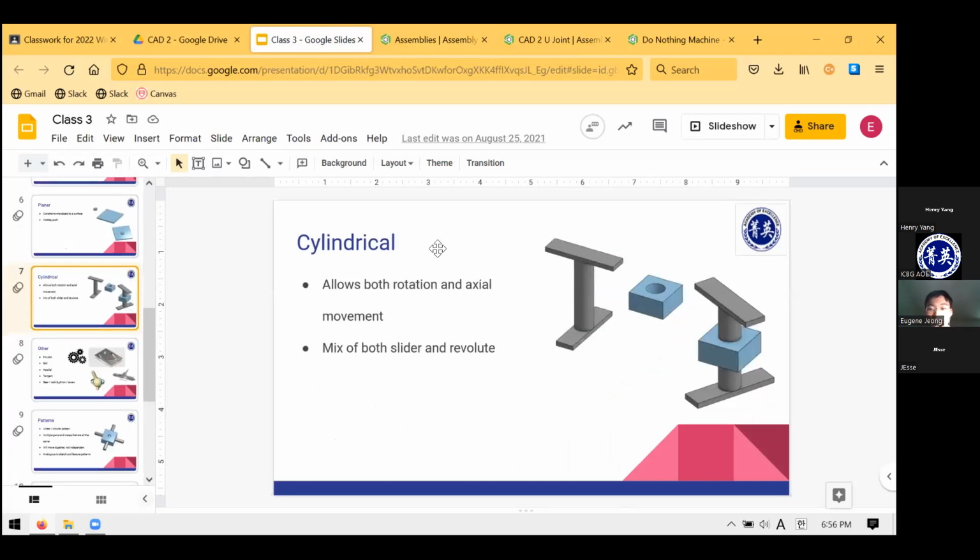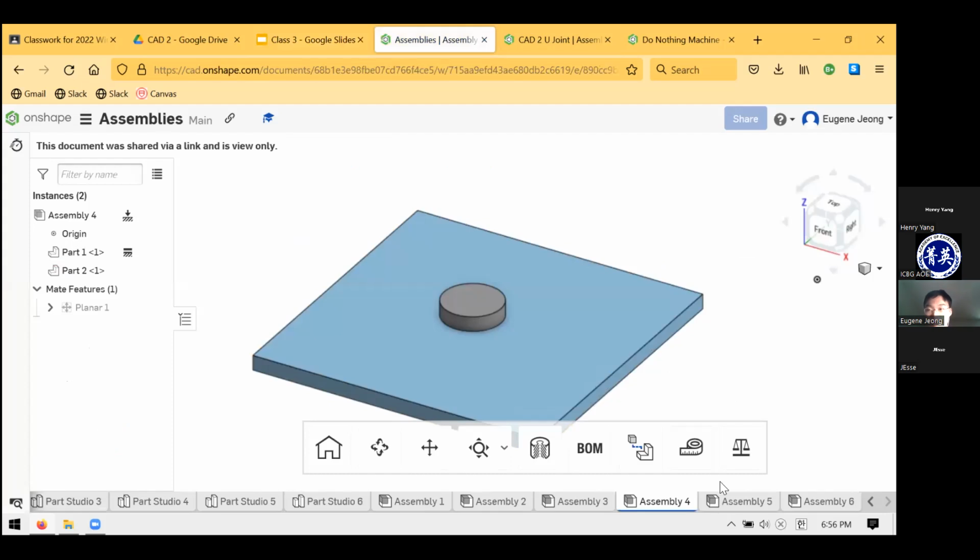All right. And the last one I'll demonstrate is the cylindrical mate. This one is kind of a combination of the slider mate and the revolute mate, so you get one of each, right? You get one rotational degree of freedom, and you get one translational degree of freedom along the axis. So if you go over to assembly 5,